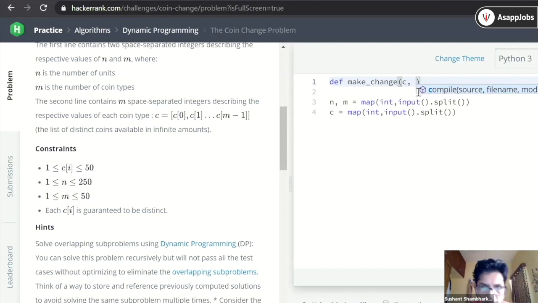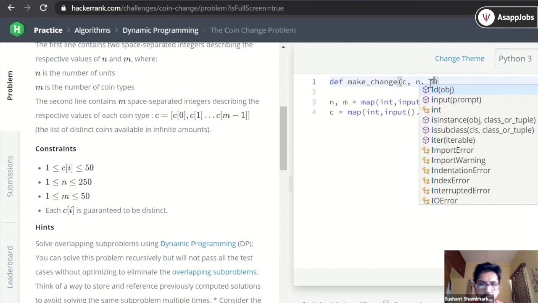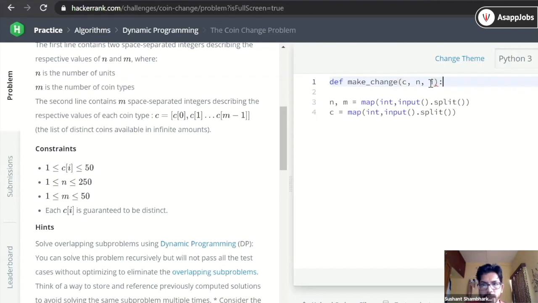So let's pass n here. We are definitely going to change this n throughout the calls, but we will need another variable. What will that variable be? There is a list involved here. If a list is involved in a recursive call, there will always be an index variable for that list. Let that be i.